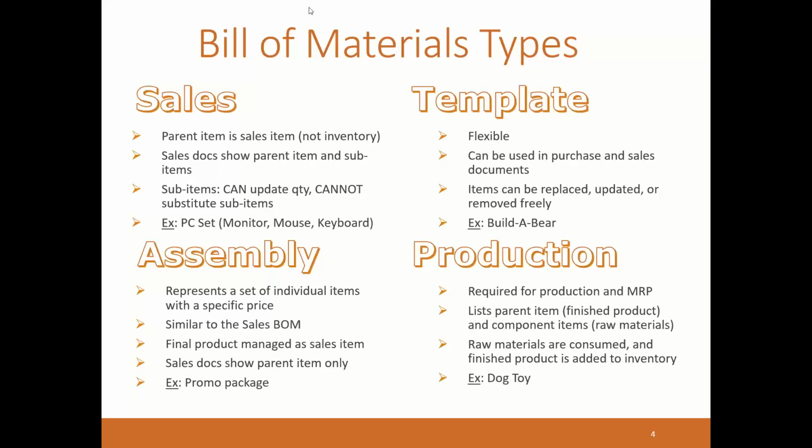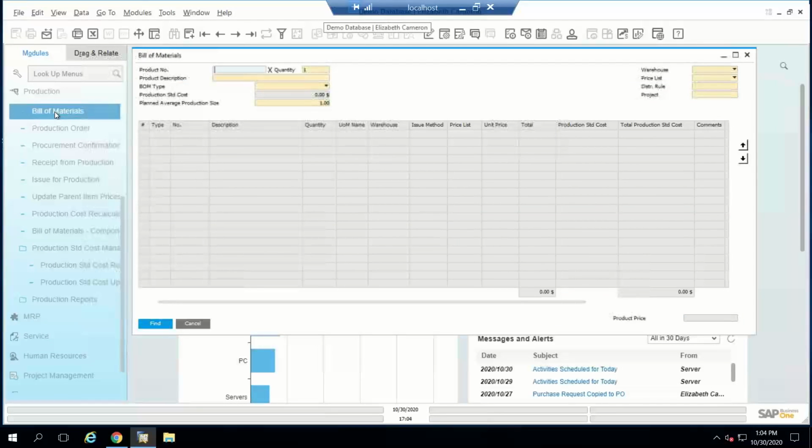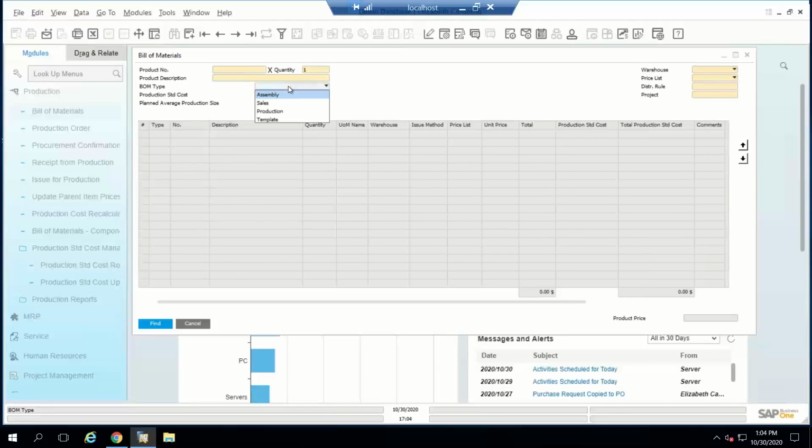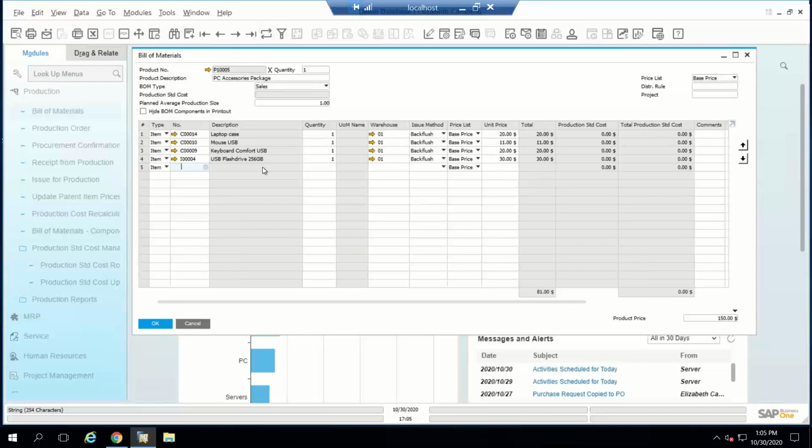So I'm going to jump into our SAP system. And like Oren said, we are in our 10.0 HANA environment, and we'll jump right into bill of materials. The first one that I wanted to show are the sales and assembly bill of materials. So you can search here for sales bill of materials, and we see for all of them, we have our parent item here and our component items. Won't get too much into that, but essentially for this, we have